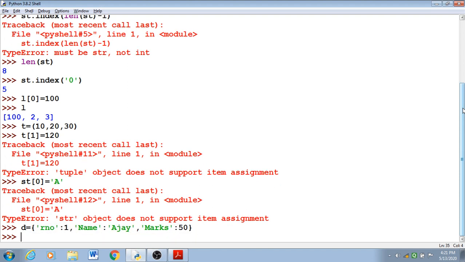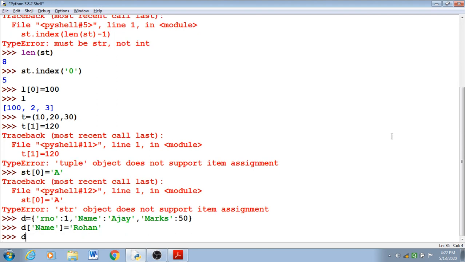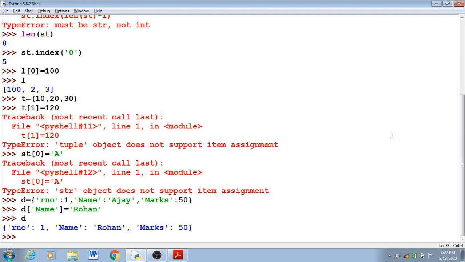I have to use the key because dictionary does not maintain any index. It is an unordered collection of items, no indexing is allowed. So if I want to change the name, I have to use the key like this. Now if I want to display the dictionary, it shows the name has been changed. That means it is modifiable, it is mutable.